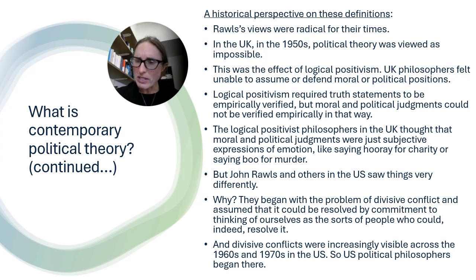It accepted that truth statements about the world and its truth were different to moral and political judgments, but that good arguments and good reasons could still be made to favour some moral and political judgments over others. And this was really important for them, they believed, in a context where division was so clear in the 1960s. It was increasingly visible across the 1960s and the 1970s in the US. And so US political philosophers started there. They were not willing to,